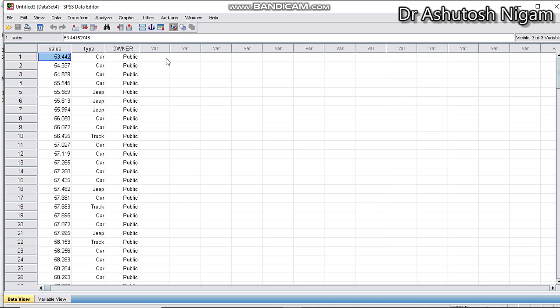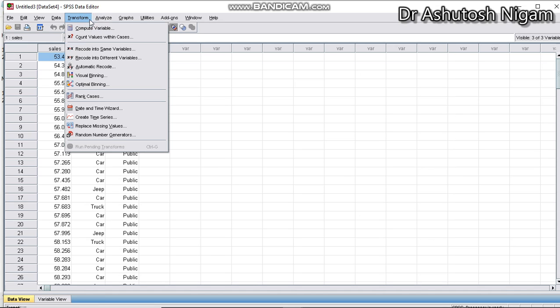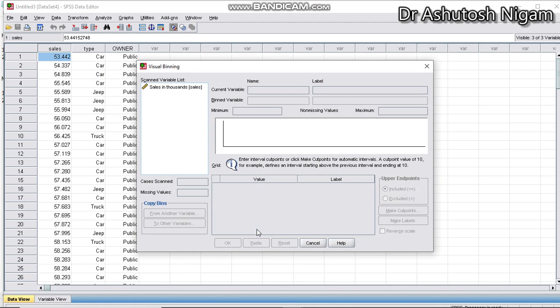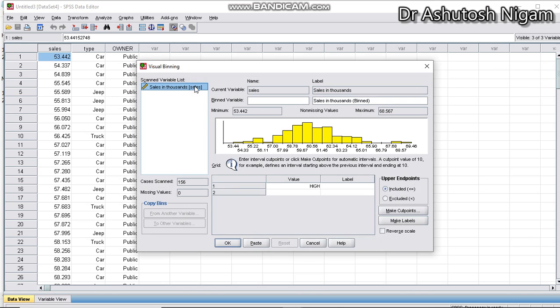The first method is a graphical method of understanding whether the dependent variable, that is sales, is normally distributed or not. You click on transform, you click on visual binning, and then you move the variable to the right, then you click on continue. You get a dialog box like this and you can understand what kind of variable it is.